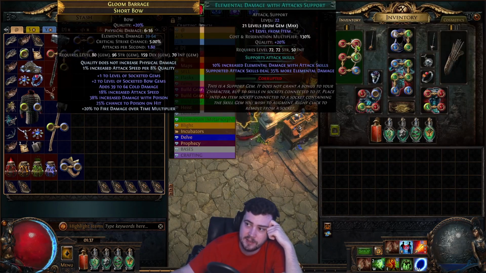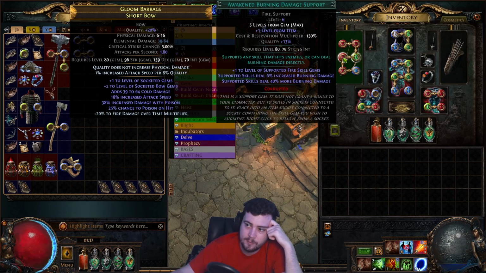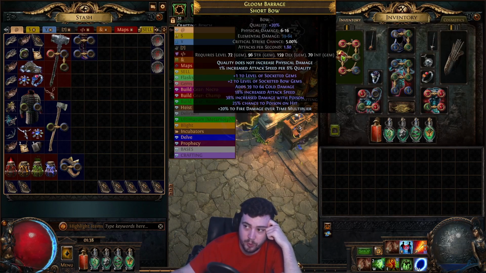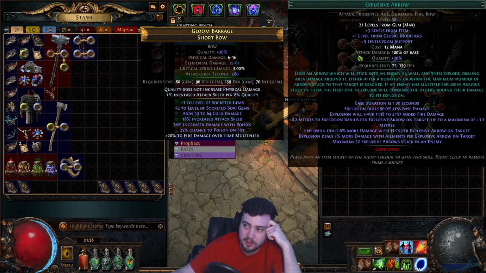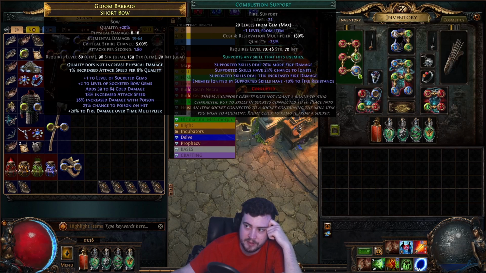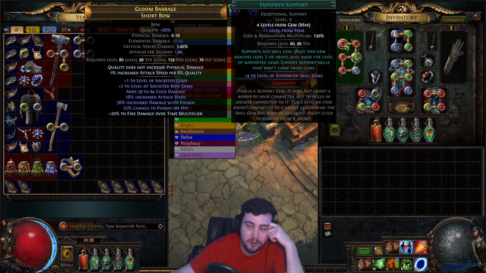Anyway, so the links are Ballista Totem on EA, Awakened Burning Damage, because it gives +1 to fire skill gems. This is important, keep an eye on the gem levels here. So EA is 21 by itself, linked with Ballista Totem, Awakened Burning Damage, Combustion, which I do need for the chance to ignite, and it's just good. Elemental Damage with Attacks, which I don't know if I can get an awakened one with another gem, but for now it's fine. And then Empower 4,